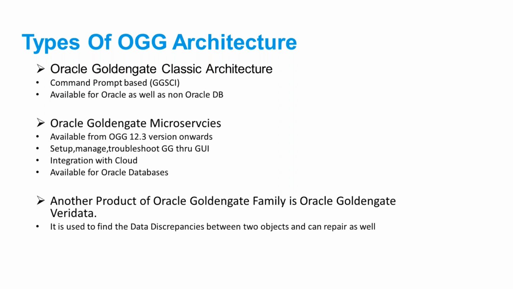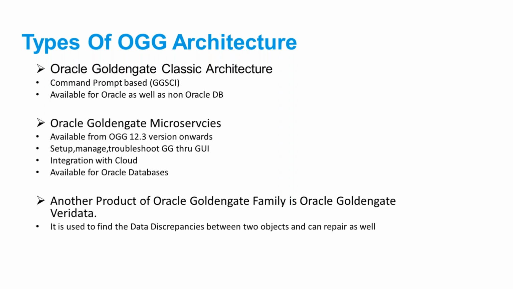So now you have two architectures available for setting up Oracle Golden Gate: Oracle Golden Gate Classic Architecture or microservices architecture. When you are setting up Oracle Golden Gate, you can choose either of the two. However, if you go out into the market, around 80 to 82%, this is the figure released last March by Oracle, of organizations are still using classic architecture. It's 15 to 18% which are using microservices architecture. So microservices architecture is not that widely used yet, but it is the future of Oracle Golden Gate.